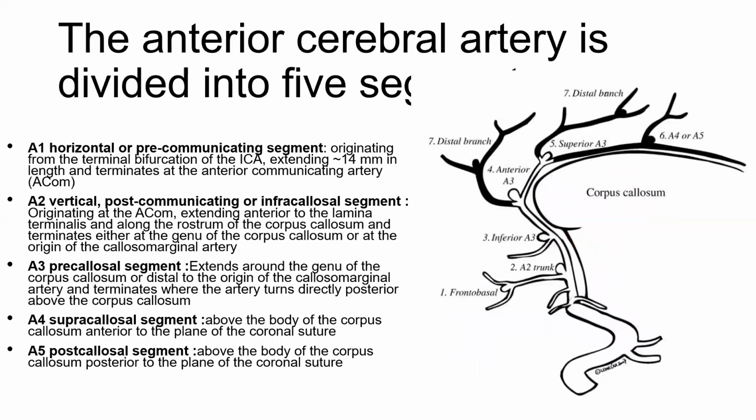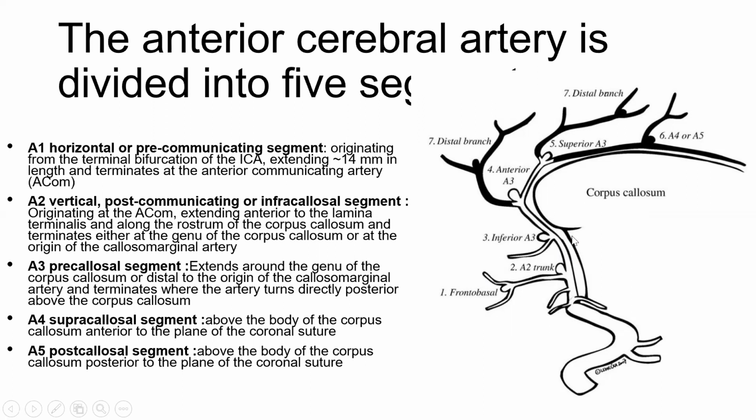The anterior cerebral artery again has 5 segments, like I've told you before. In the angiogram you might have seen these pictures. You can see the A1 segment that is before the anterior communicating artery, and after that is the A2 vertical part you can see over here. And then comes this A3 precallosal segment before it takes this type of